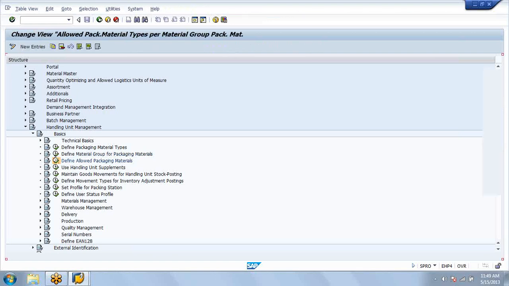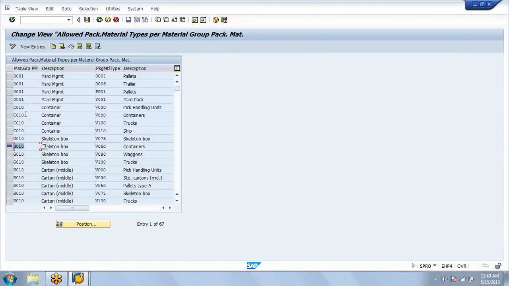and V080. The same packaging material type, what we do, we group together by maintaining. We create a packaging material and we maintain V080 packaging material type in that material master, so that it means that the packaging material belongs to this packaging material type. And then this C010 we maintain for the material to which we want to pack it. Okay, for example, in my scenario,